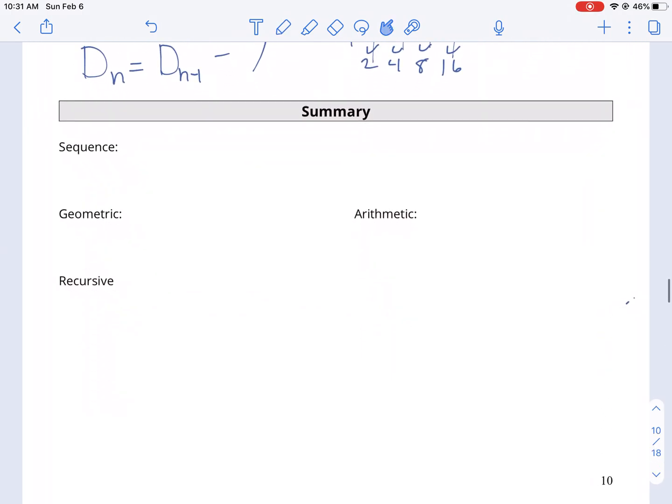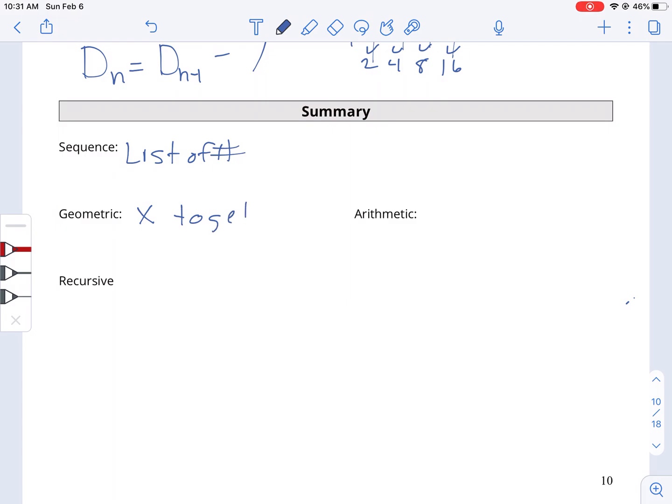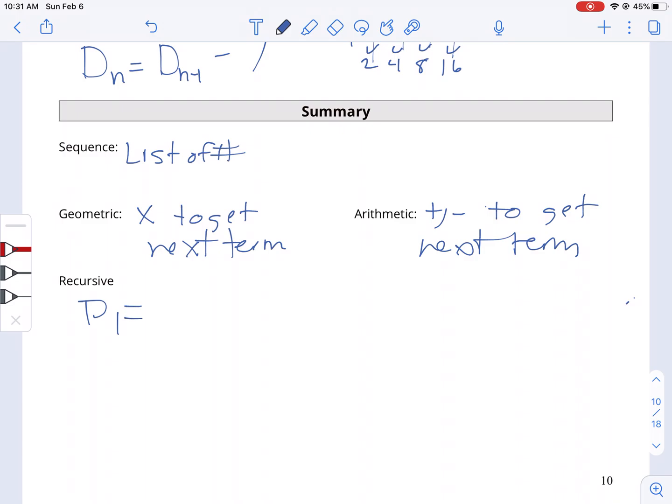So a sequence, again, what we talked about, is a list of numbers. Geometric is when we multiply to get the next term. Arithmetic is when we add or subtract to get the next term. And then recursive is when we are referencing the previous term, and we always start with d sub